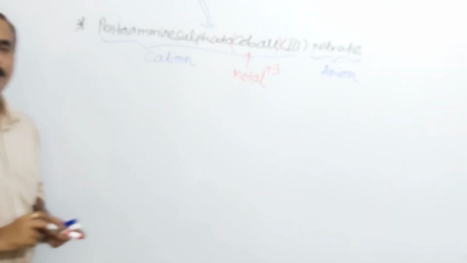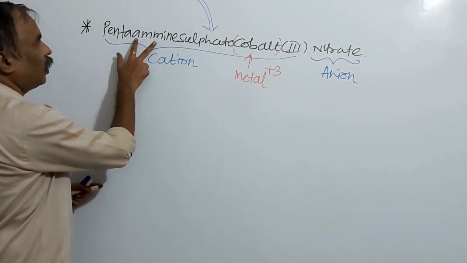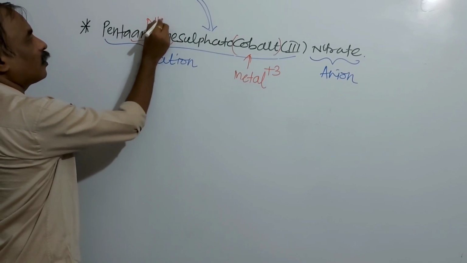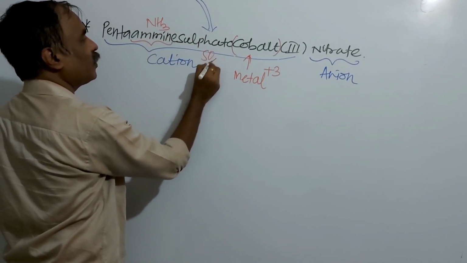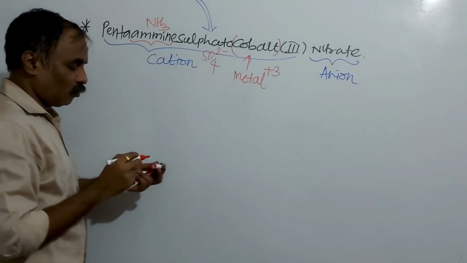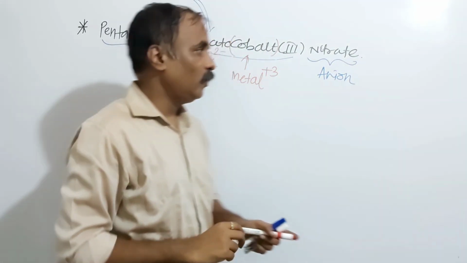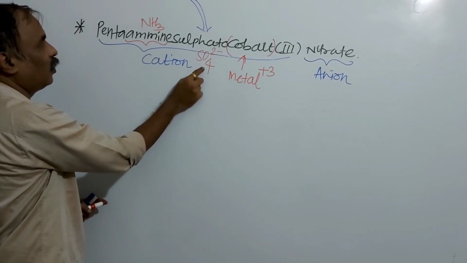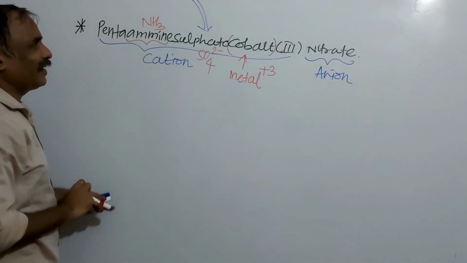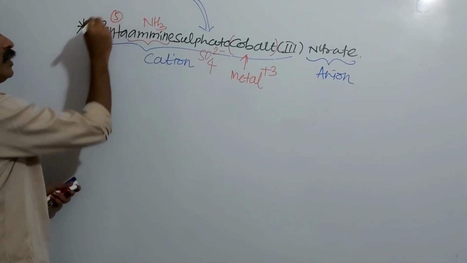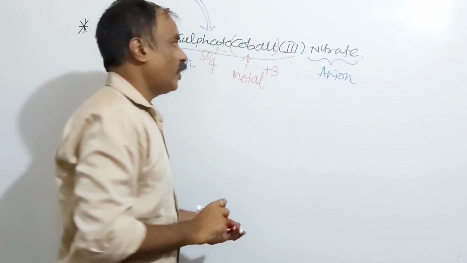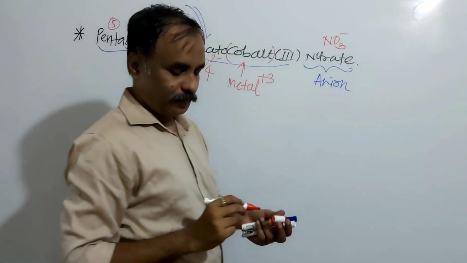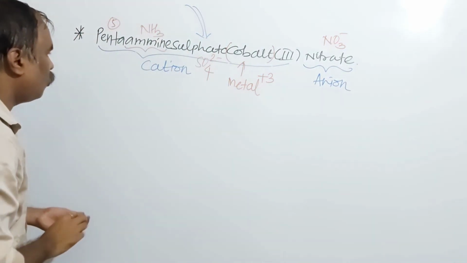It is clear. Now here ligands amine and sulfato. Amine यानी ammonia and sulfato यानी SO4 minus. A negative ligand SO4 sulfate. It is a negative ligand. That is why sulfato. This O indicates negative. Amine neutral. Penta indicates 5. और ये अनायनिक पार्ट है नाइट्रेट यानी NO3 माइनस यानी नाइट्रेट. सो कंपोज द फार्मूला ऑफ दिस.